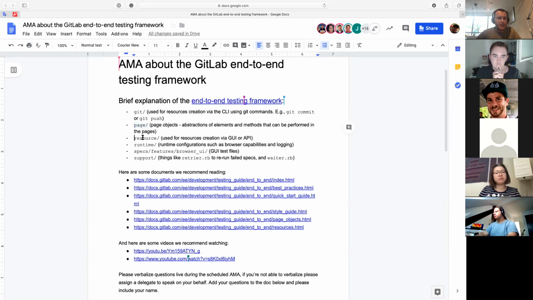Then we have the resources directory. This is where we have some classes that we use for resources fabrication. This is how we call it. And a resource can be anything that you can do on GitLab, like an issue can be a resource, an epic can be a resource, label can be a resource. And in the resource directory, you will find ways to fabricate these resources via the graphical user interface, but also via the API. We always recommend you to use the resource fabrication via API if the resource that you are